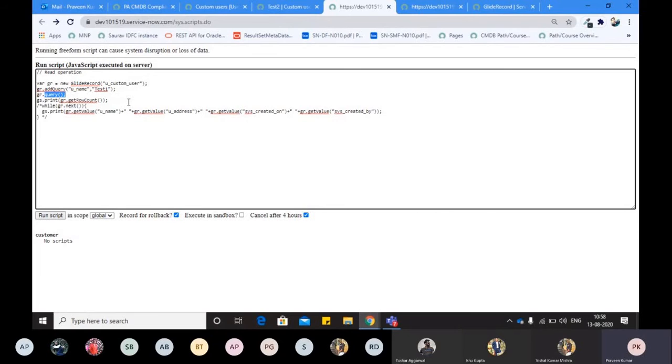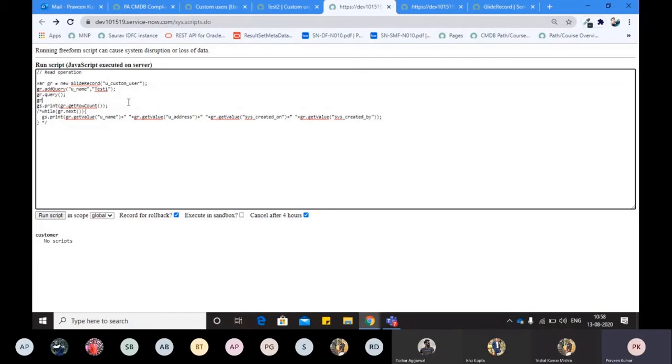We always use gr.query. This is the only way we can hit the database and receive the result, right? If you want to do it without filter, just use gr.query. But if you want to put the filter as well, then use gr.addQuery with gr.query. So in that case you have to use both functions, right?